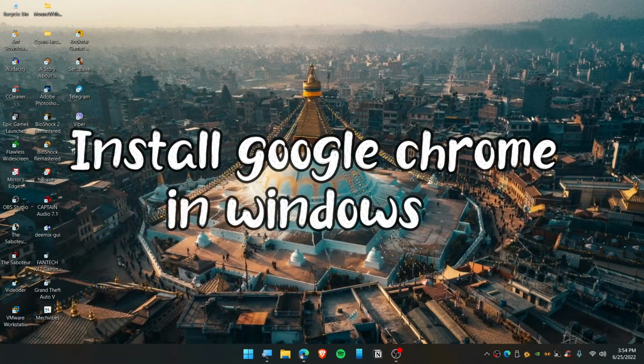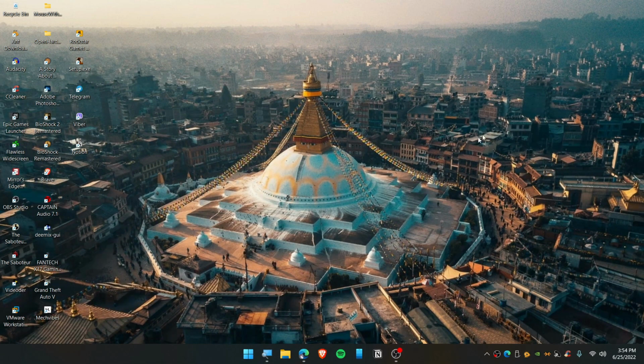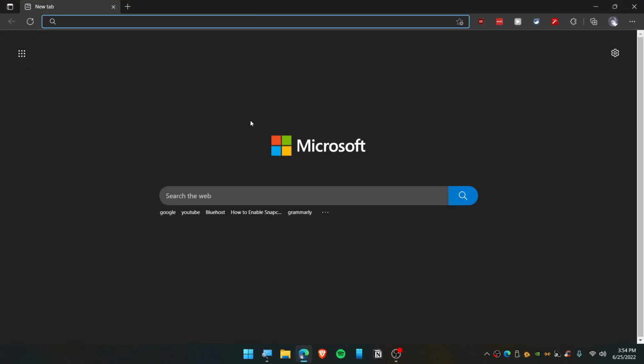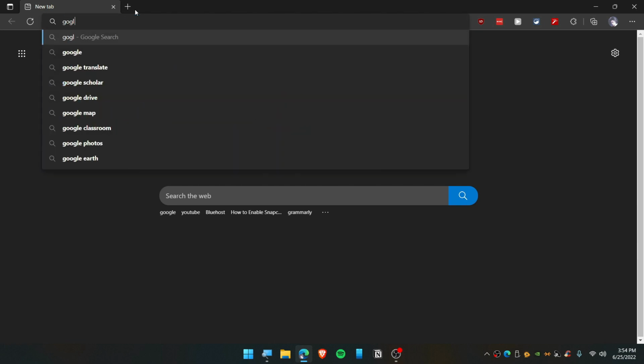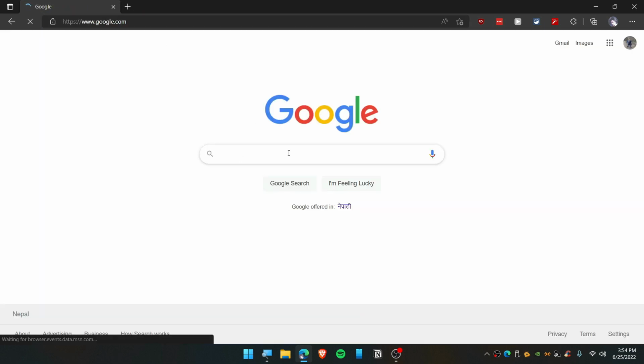So guys, this is how you can install Google Chrome on your Windows 11. So let's get started. First, open up your Microsoft Edge or whatever browser you guys are using. I'm just using Microsoft Edge. To download Google Chrome, all you need to do is go to Google first, google.com, and simply type